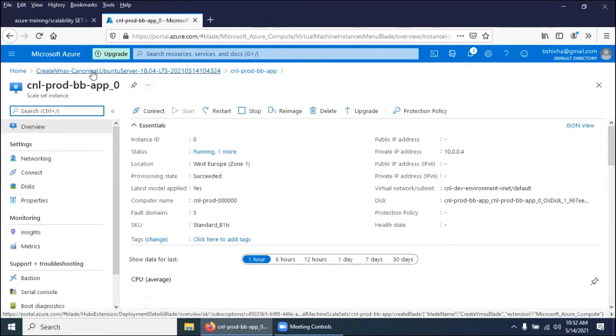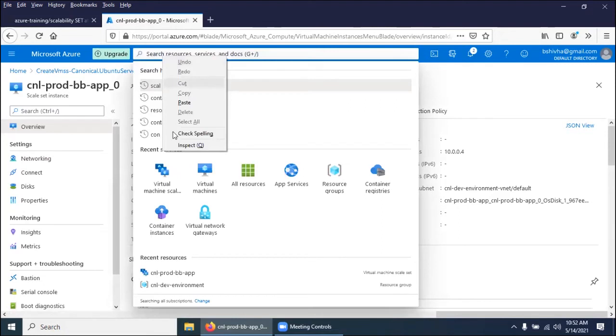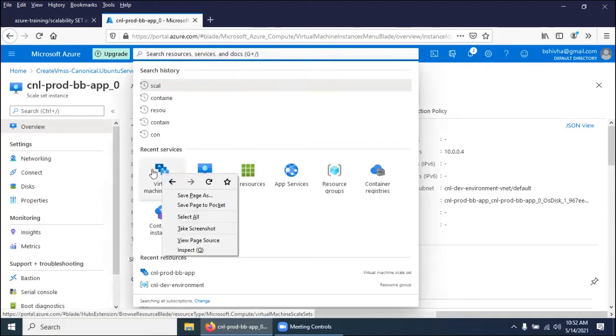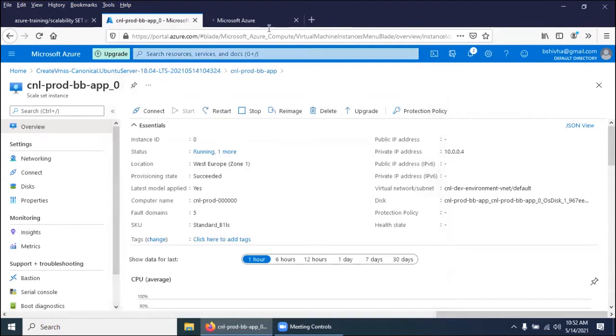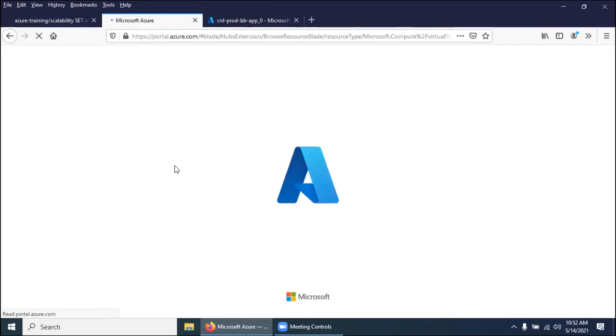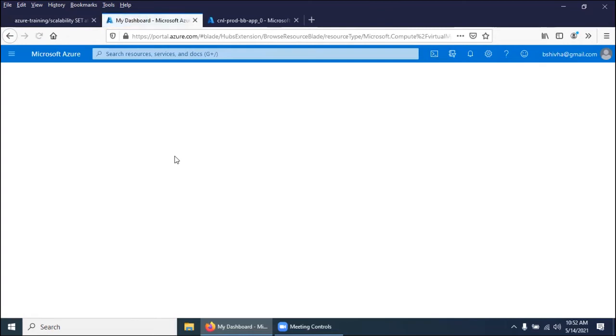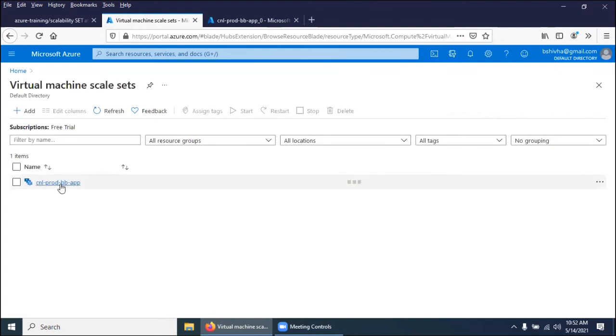Better you open the scale set in another window, I would say. I'll tell you why. So I've opened the scale set in another window. Once it has opened, again I'm going to the instance, because we need to keep refreshing after we issue the load trigger.